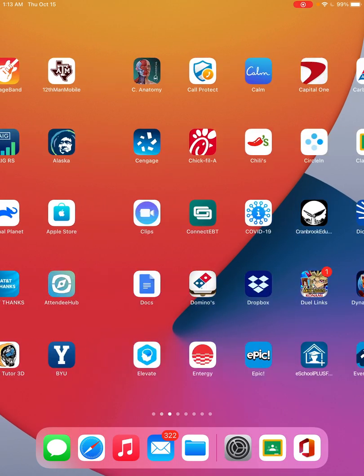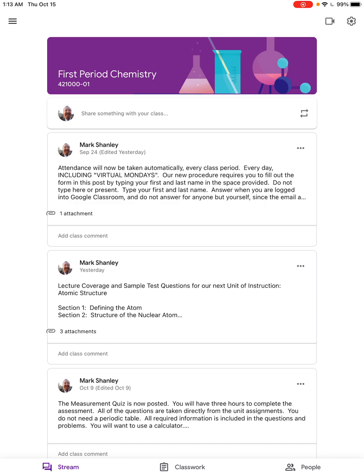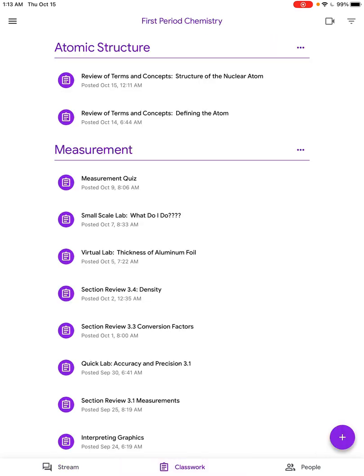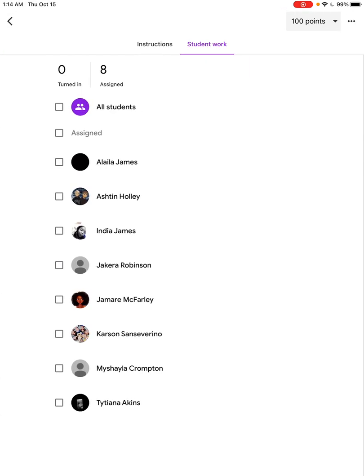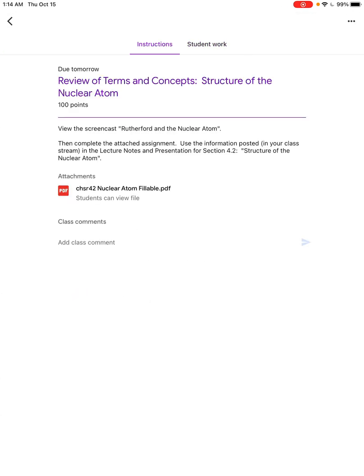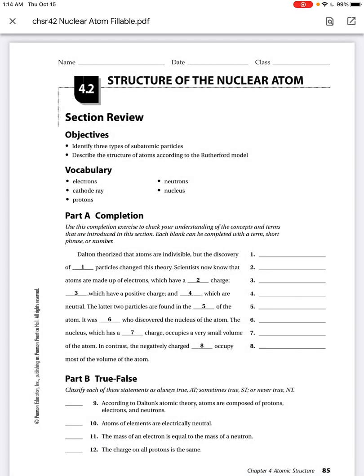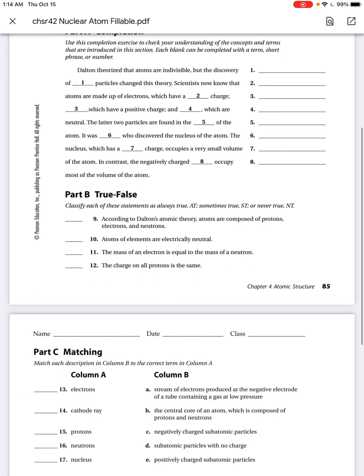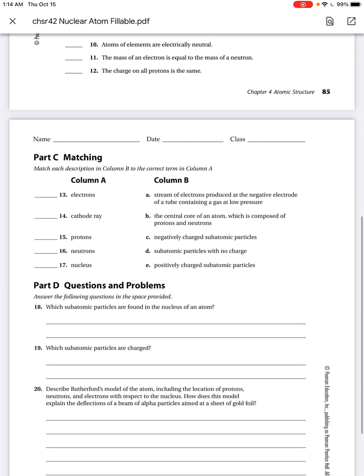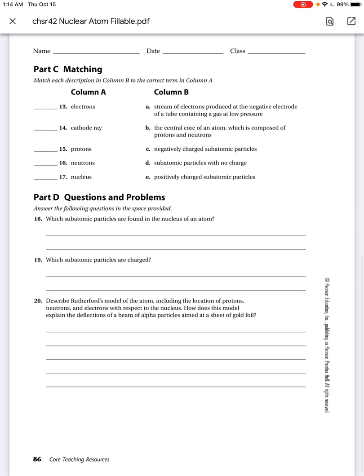If I can find my Google Classroom, you will find within your classwork our new assignment, Structure of the Nuclear Atom, with the terminology you need to master and some very simple questions about which particular